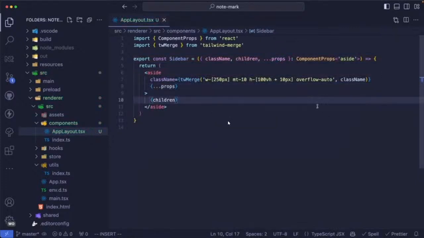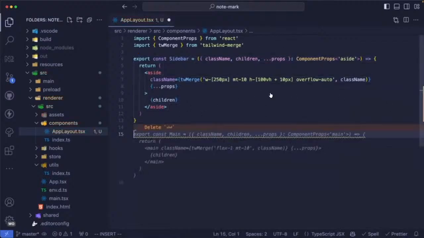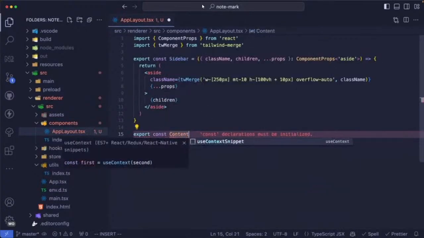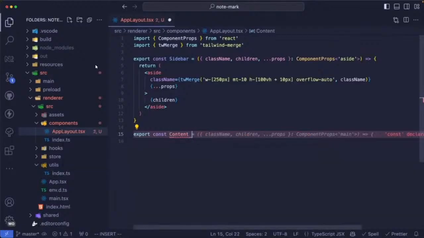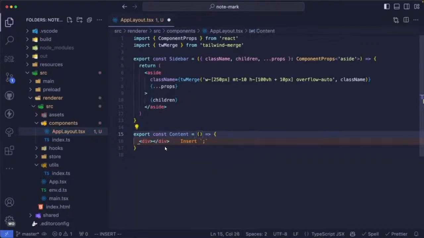Great. This is for building a reusable component, and we are going to apply this pattern for every component that we are going to define throughout this project. So this is for our sidebar layout component. The right part of the sidebar that we are going to call content, which will contain basically our note editor. So this basically will be a simple div element, and we are going to do the exact same thing we